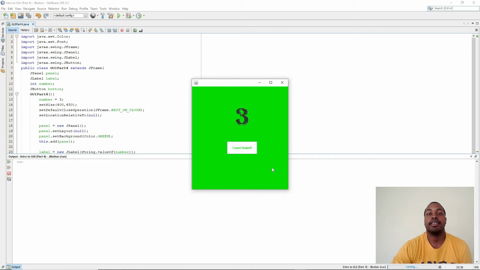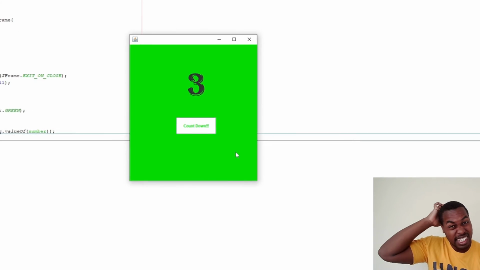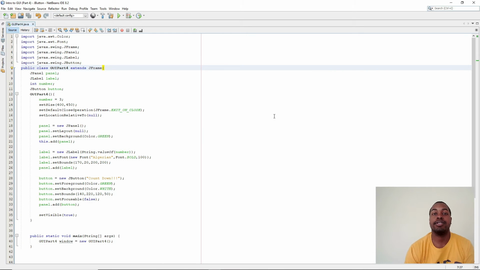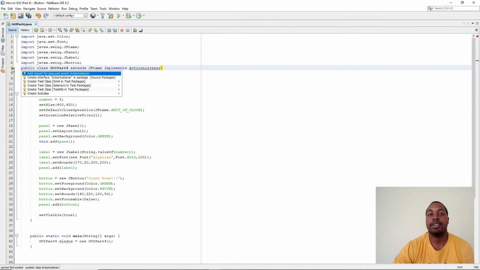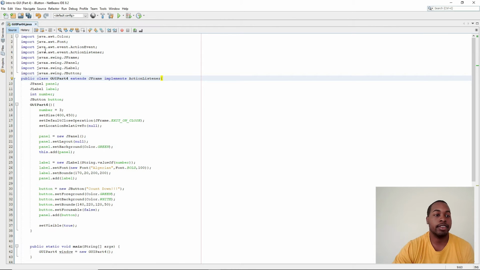So I know what you're thinking. Trey, how are you adding action to the button? So in Java, to add action to your button, you need to implement a class called ActionListener. So in our main class, we're going to say it implements ActionListener. And you have to make sure to import your ActionEvent and your ActionListener class with the import java.awt.event.ActionEvent and import